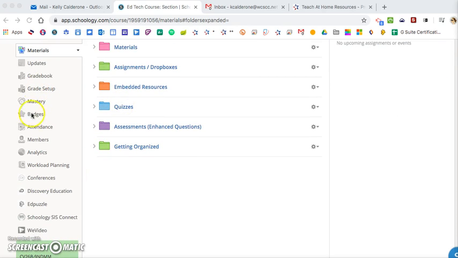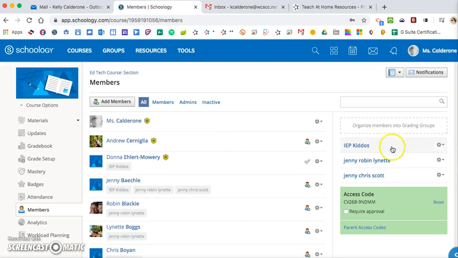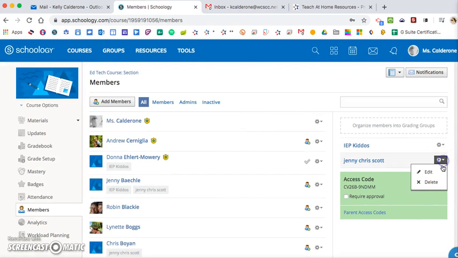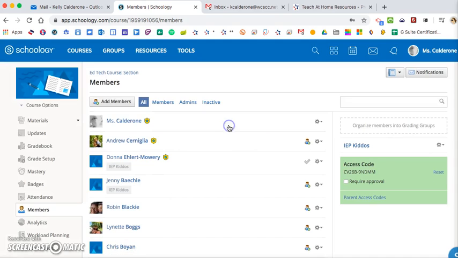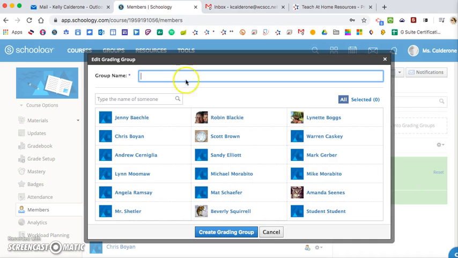So the way to do that is to go to Members, and then over on the right hand side you can start making groups. I have a few groups in here, and as you add groups, you can just as easily delete them. But let's say I have a student or two or three or five that I want to give a special assignment to. I can name my group